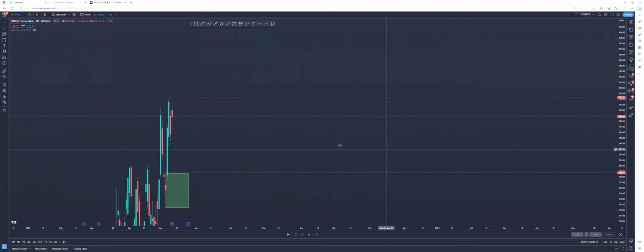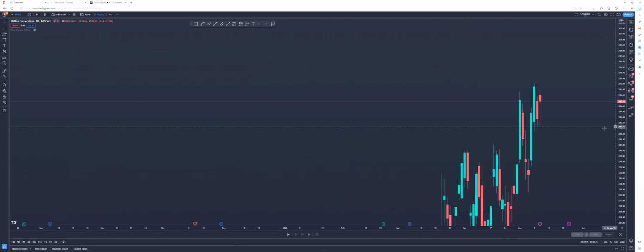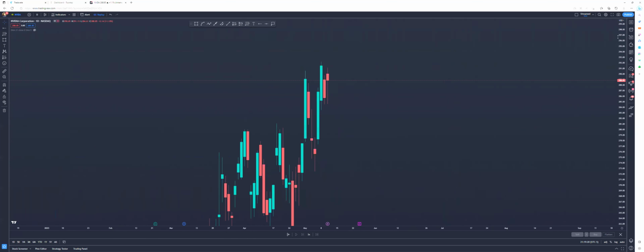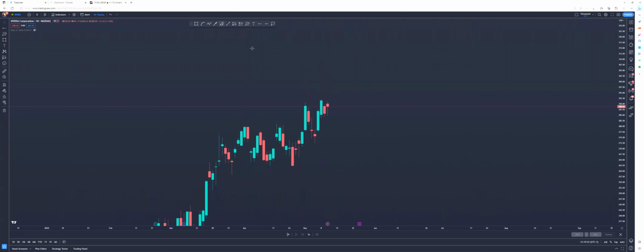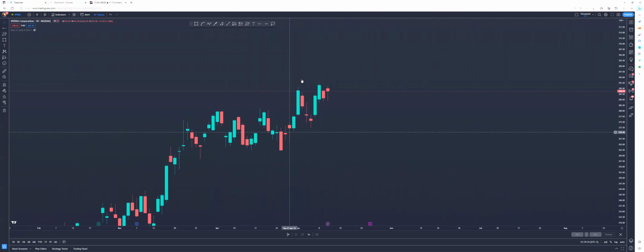So the question is, where does NVIDIA stand right now? NVIDIA is currently in a situation like Apple, where we pretty much made a new high, and we're pretty much trying to see, obviously, if you didn't buy down here, then right now there's no trade for NVIDIA. For example, when we go look at it, we have that push up.